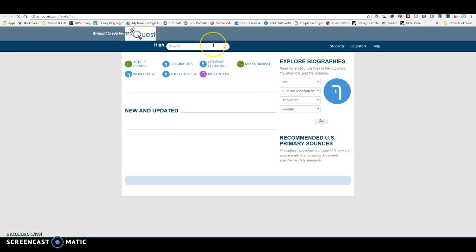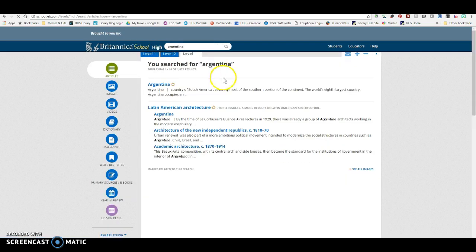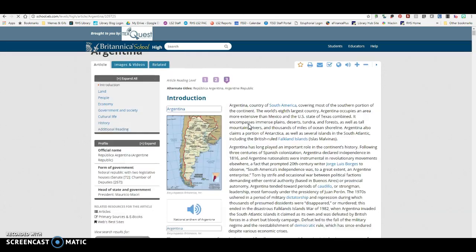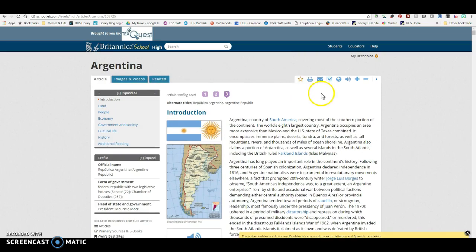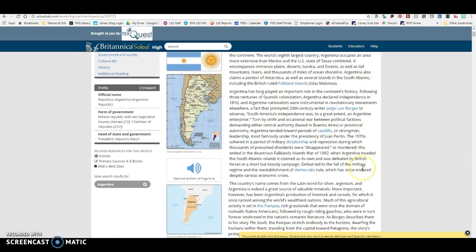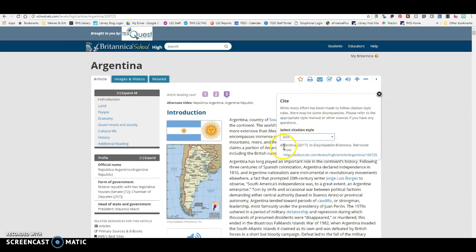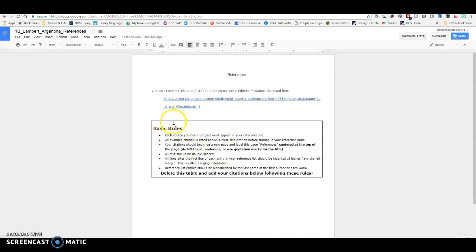Okay, so I'm going to come in here and type in Argentina, and click on Argentina. Now, if I wanted to use any of the information in here in my project, I would click on this little cite button, make sure that this says APA, and then copy and paste this information to my references page. One of the things you can do, this page is already formatted for you, so you can do